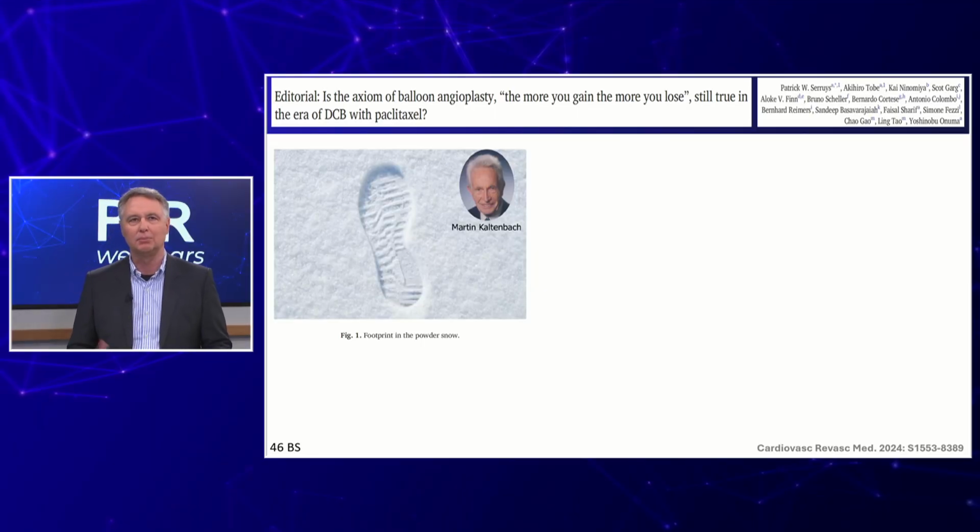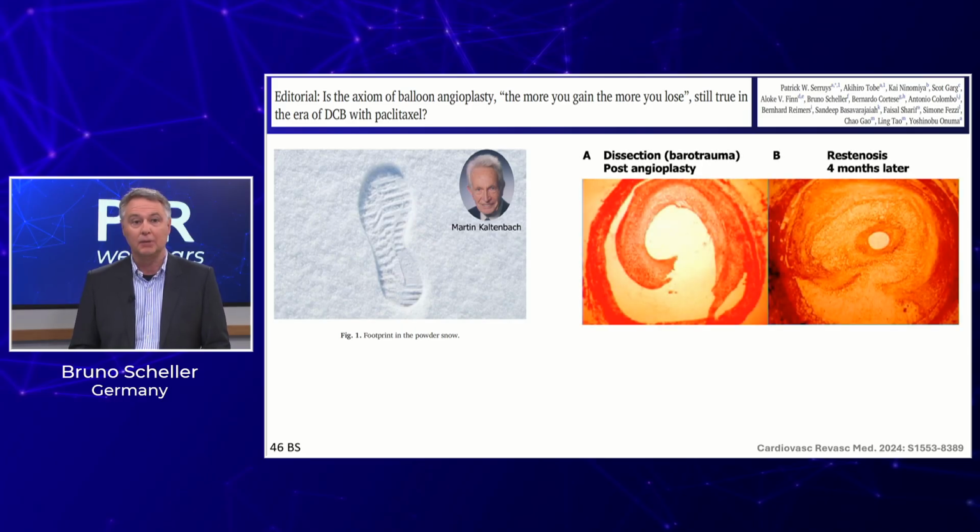The first thing is we have to look at the possible mechanisms of angioplasty. In the early days, for example, Martin Kaltenbach said we're creating some kind of footprint in the snow. Unfortunately, this is not the case in reality. You can reach this footprint, if at all, with stenting, but not with angioplasty, because the mechanism of angioplasty is some kind of controlled trauma we create, and we have to deal with dissections. Our goal with lesion preparation should be to come a little bit closer to this footprint in the snow,